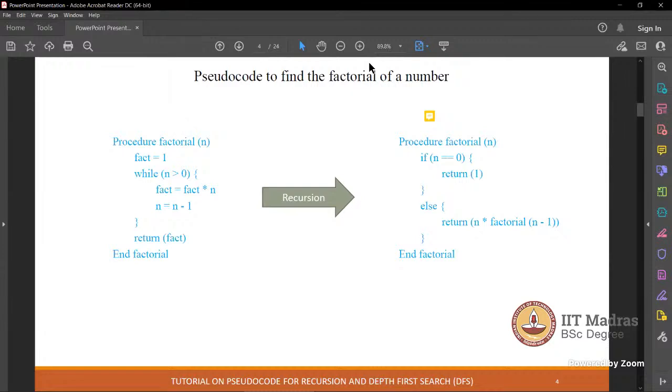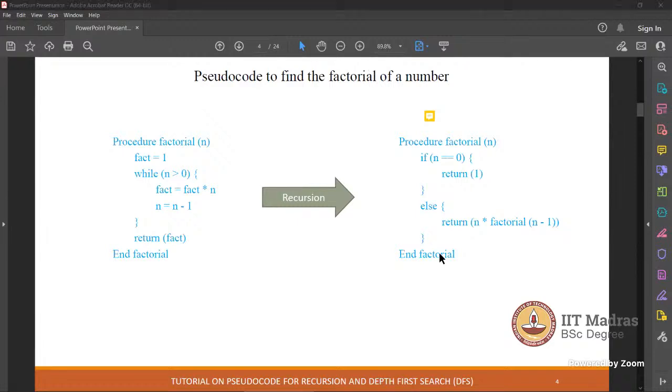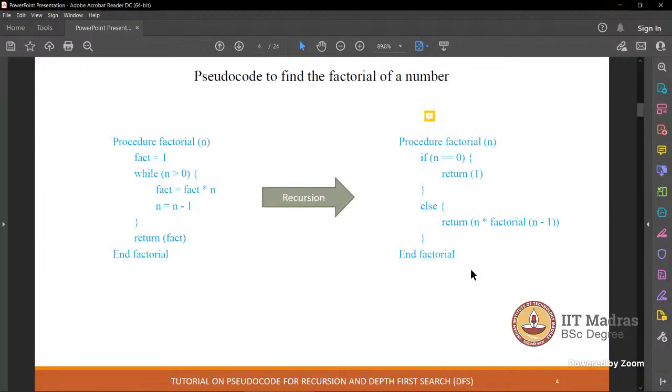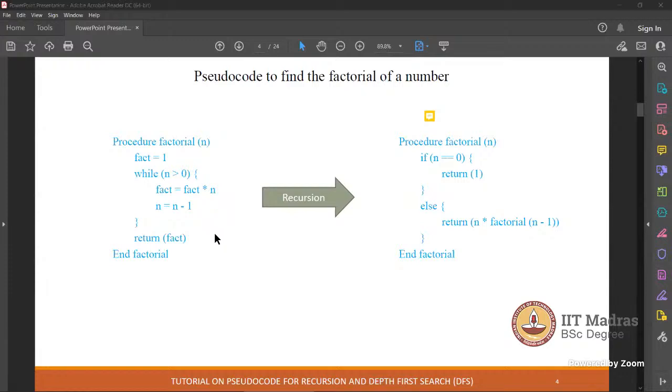So fact is equal to fact into 5, then n is equal to 5 minus 1, 4. Then again it executes the while loop. Then 5, 4, 3, 2, 1, and every time it's storing the result in fact. But how do you know it's getting accumulated?